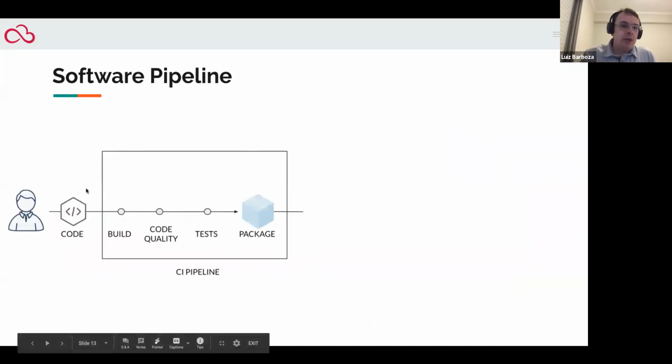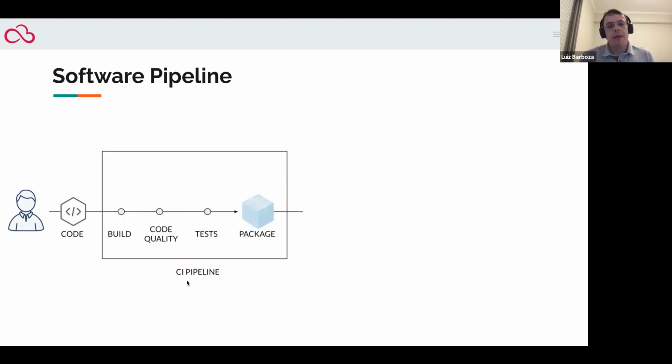So as I mentioned, we could have those two halves of the pipeline: the integration pipeline, in which, based on stable code that the developer commits to the repository, we can build, do some code review if it's the case, and then run unit testing. Once it's okay, you can pack a single package that's stable. Then you can move to the